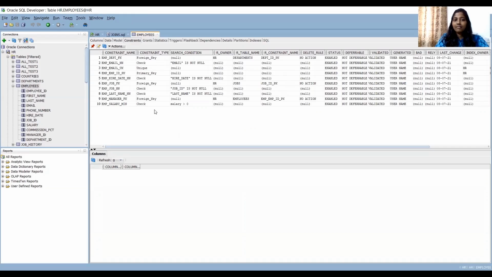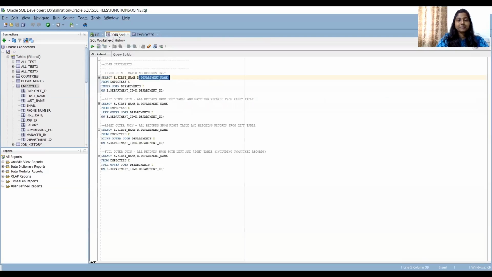Yes, we have three foreign keys. The first one is the employee and department foreign key. It is referring to the departments table, department ID. So coming back to our script, let's run this.